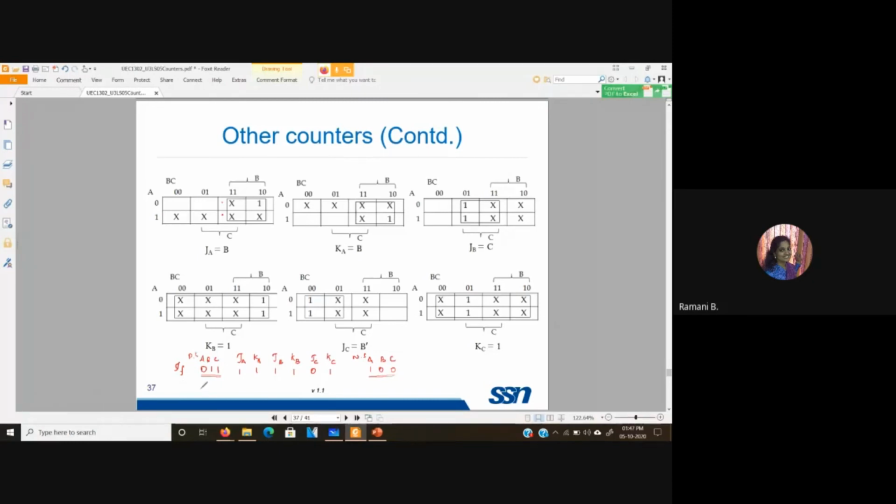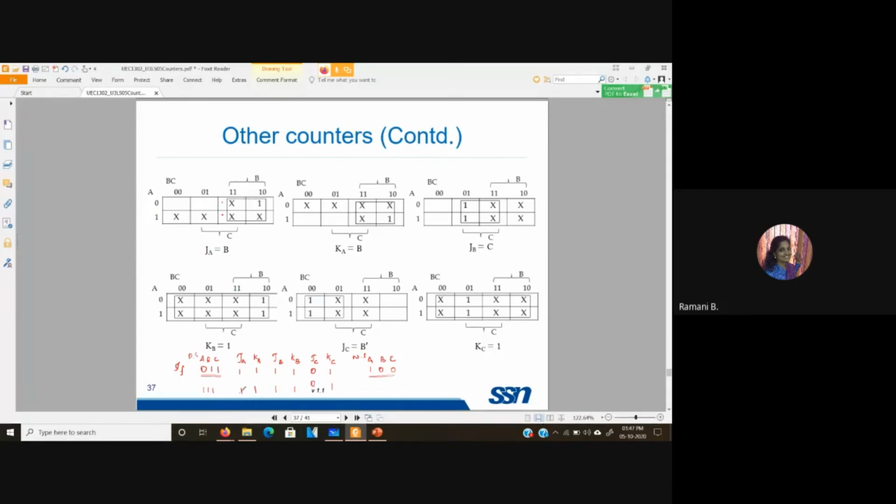Okay. Similar way, let us check for 1 1 1 also. So for 1 1 1, here again JA KA is B, which is 1. Then JB is C, so that is also a 1. KB is 1 as such in the expression. JC is B bar, so B is 1, so this is 0 and KC is 1.